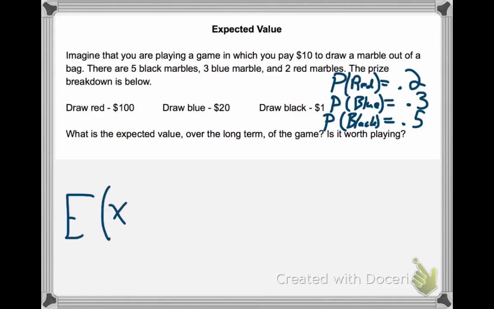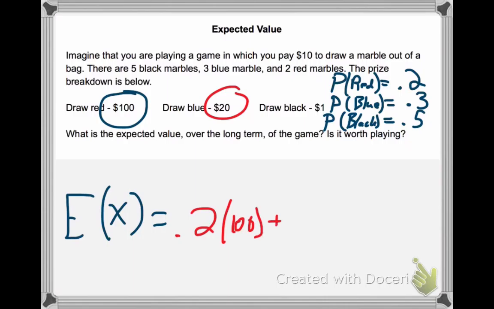Okay, so we find those probabilities, and then define the expected value, which we call E(x), where x is the random variable. It is to take the probability of red and multiply that by how much money you're going to win if you draw a red, take the probability of drawing blue and multiply that by how much you're going to win for blue, and the same thing for black. So we will take 0.2 times 100